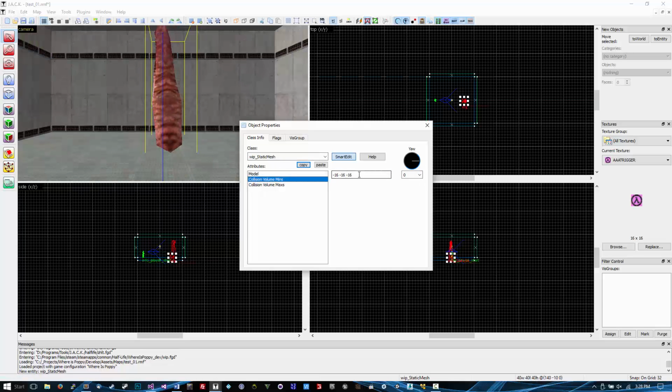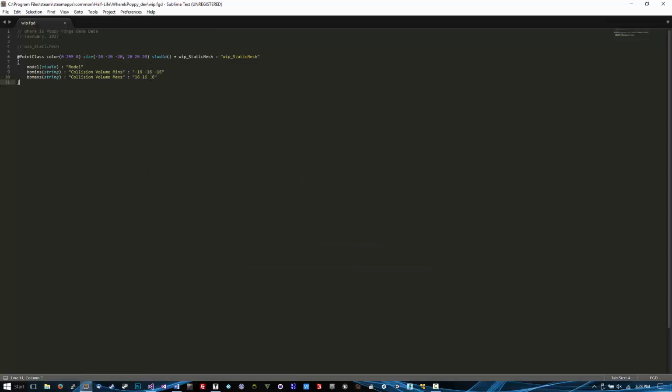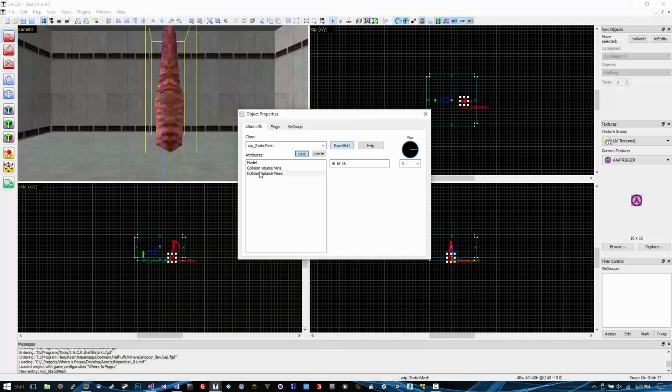Now, you notice these are the defaults that we had added in our FGD data. Here they are. And these are the names that we just created. So, if we were to change this value here now to something really big, which I'm actually going to do, so I think for the minimum value, I'm going to go -28, -28,